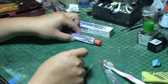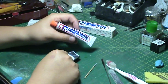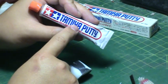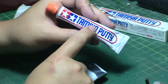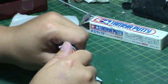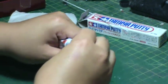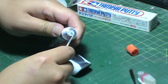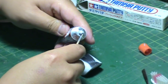Now what I'm going to do here is I'm going to use Tamiya basic putty. Now this is a lacquer based product, and this will eat into the plastic. This melts to the plastic while it cures. So you do not want to use too much of this, otherwise you're going to end up with a chunk of melted plastic. So I'm just going to take a small amount,